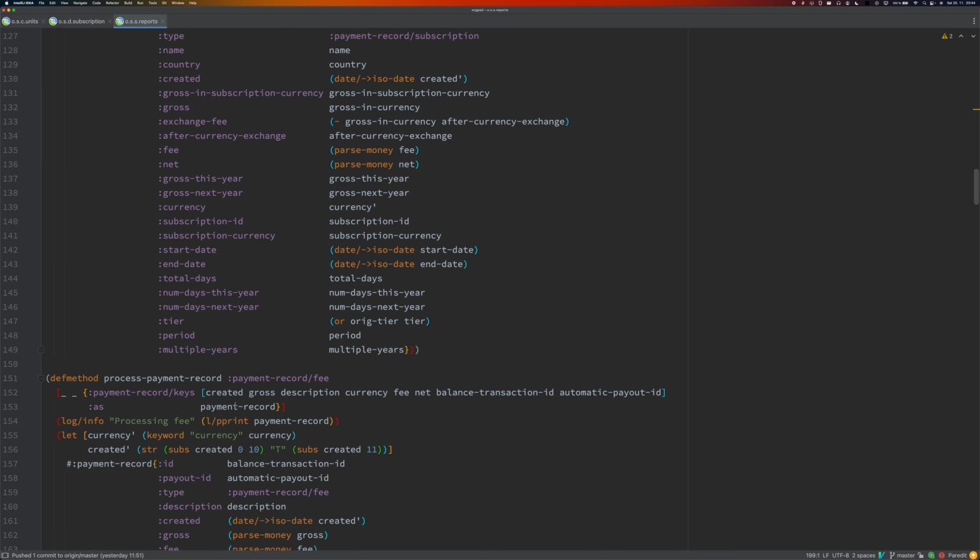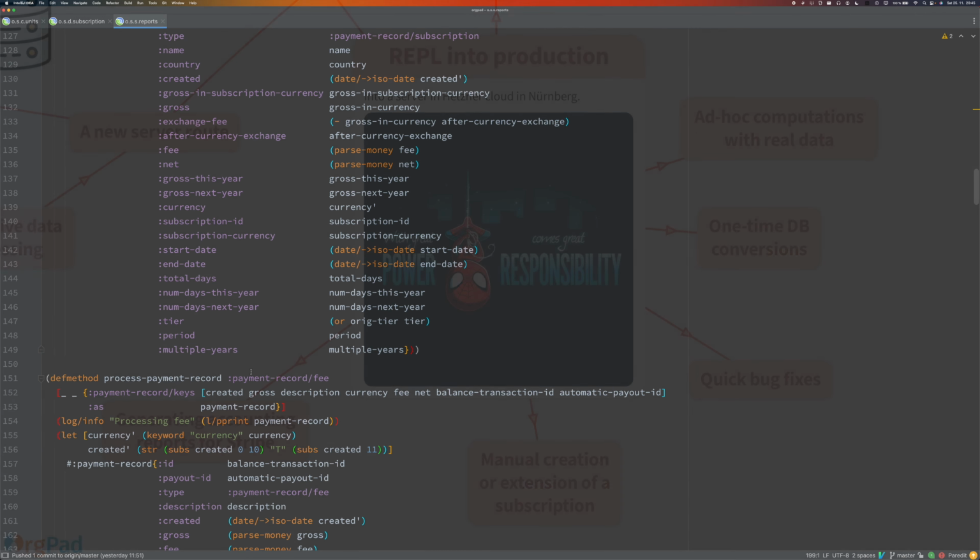So in this case it was really very powerful to develop it directly in production using the REPL, because I could use real data, and there was no danger to the server or our customers, because I was working in a completely independent namespace on a completely new database table just created for the reports. So it couldn't interfere with anything running on the server.